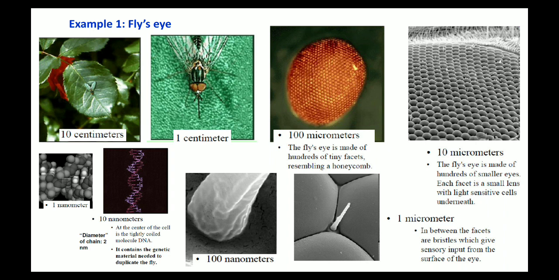It's roughly in the range of 2 nanometer. Okay, and 1 nanometer, as I said, is in the range of atomic scale, so you can see some atoms. Okay, so what I wanted to tell you is that this is an example which is present in the nature. We are not aware that the fly's eye has bristles, a kind of sensor present on the eye of a fly, which basically protects the surface of the eye.